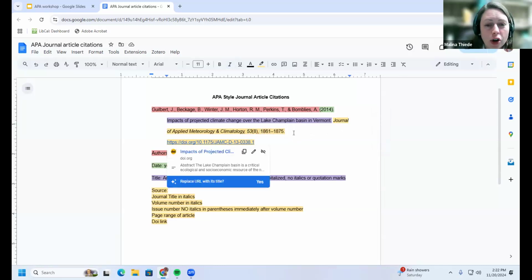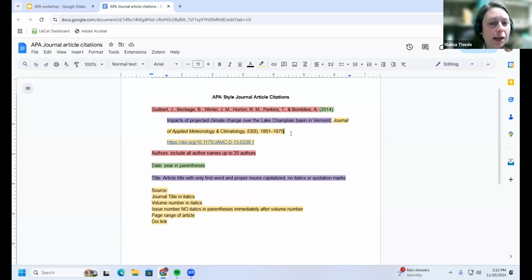I can't say that I know exactly why this formatting has endured so long, but APA has had this formatting for quite some time. As you can see, we don't label anything here. It is just noted out like this. Increasingly, we are seeing more and more e-journals where there's not even a printed version of the article.